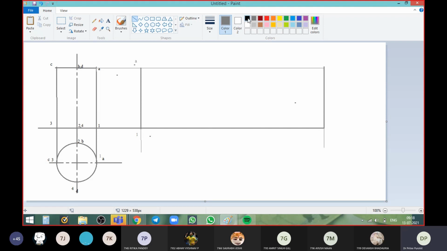So I will make it dark now. This portion should be drawn using thick line. This is the final development of a cylinder. First line, then this is second line, line 1 to A. Any doubt up to this?